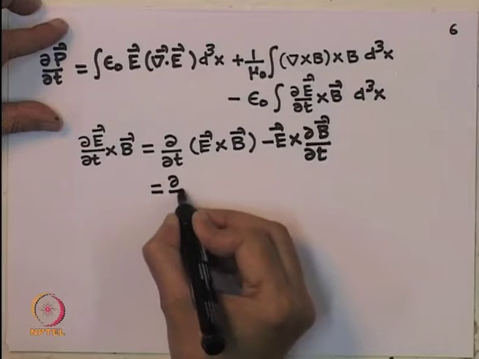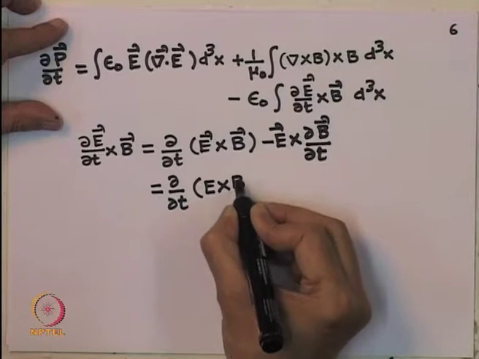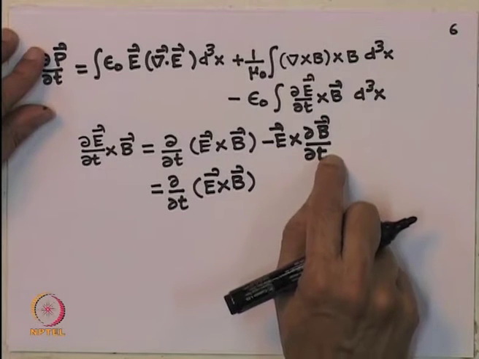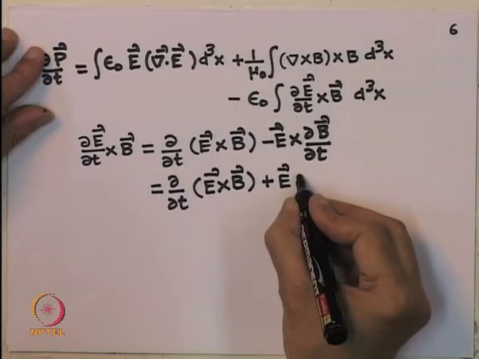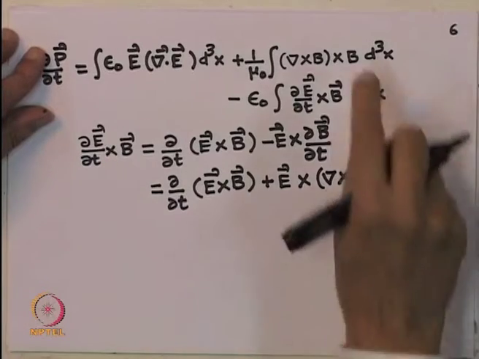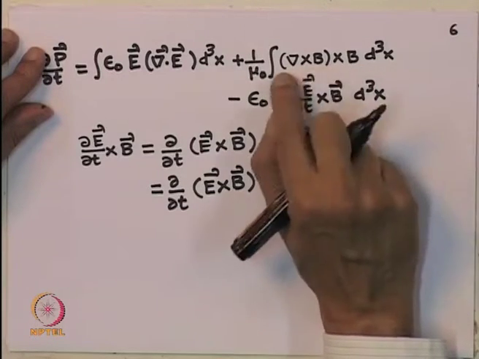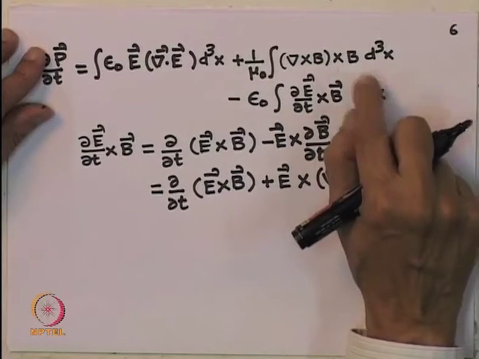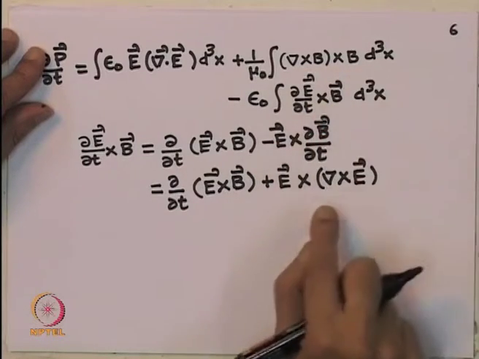And the second term of that, this is d by dt of E cross B, I do not touch it, minus dB by dt, which is nothing but del cross of E. So, therefore, this is plus E cross del cross of E. Now, you see the reason why I am doing this. In this term, I had a B cross del cross B. I wanted to treat the electric and the magnetic field very symmetrically. So, I have this term there, and so I have got this term there.